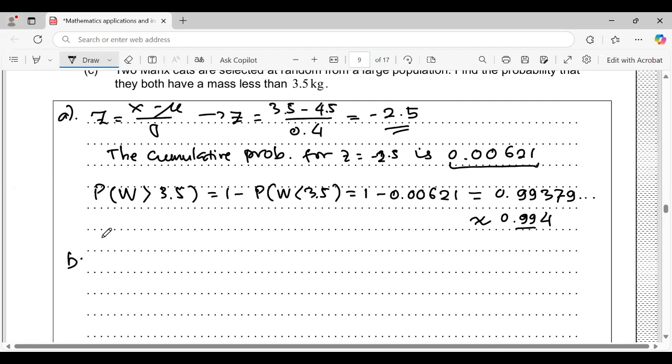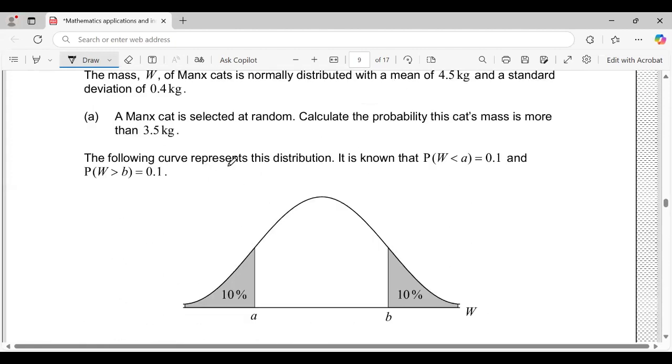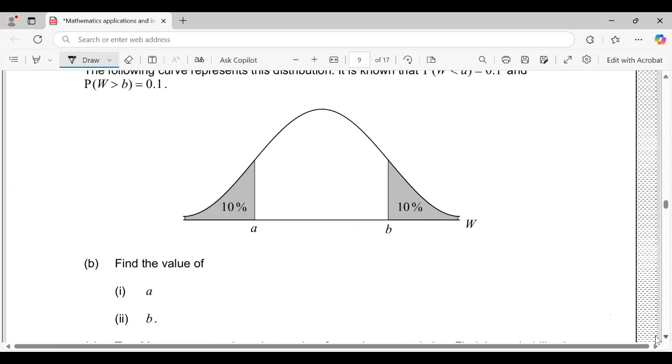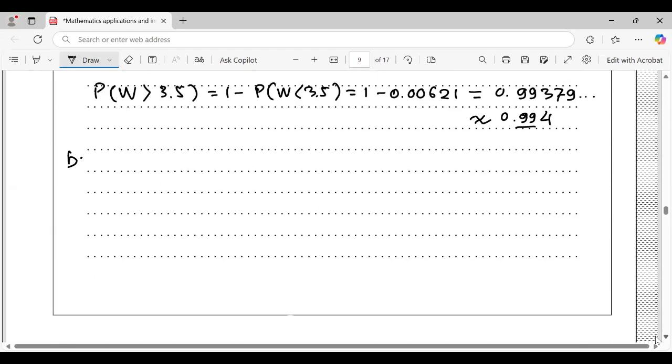Next question. The following curve represents this distribution. It's known that P(W less than A) equals 0.1 and P(W greater than B) equals 0.1. Find the value of A and the value of B. Second one,